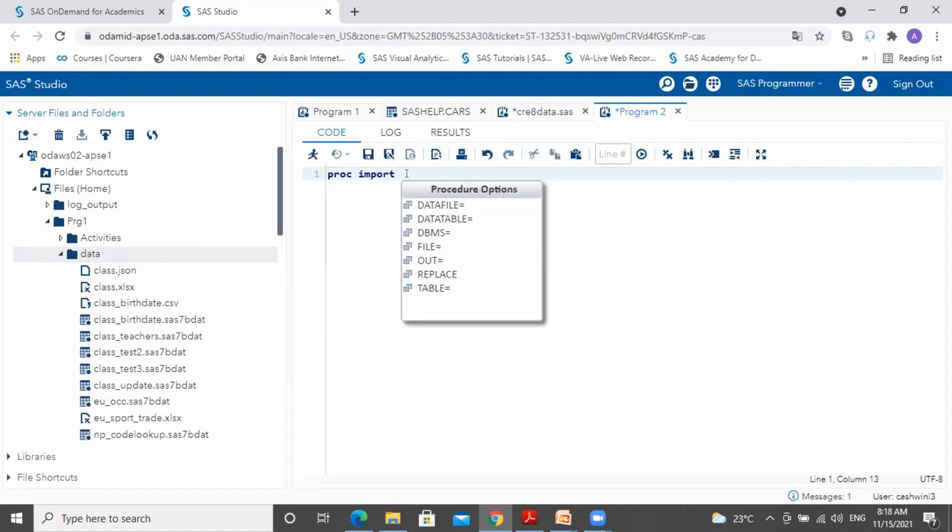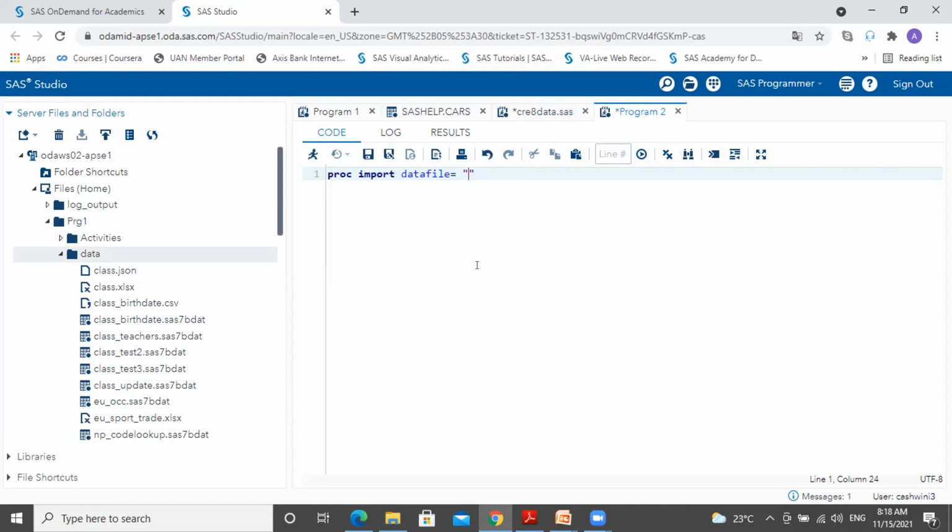Hence I use this procedure, proc import datafile equals, and I provide the path where this particular file is saved, which is the data folder. Within the data folder, the file we are going to import is class underscore birth date dot CSV, correct?